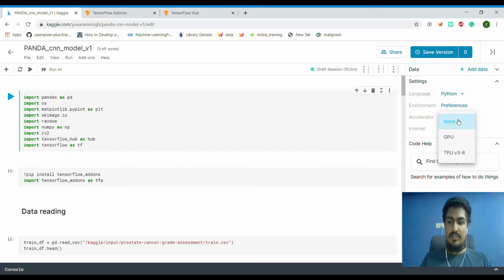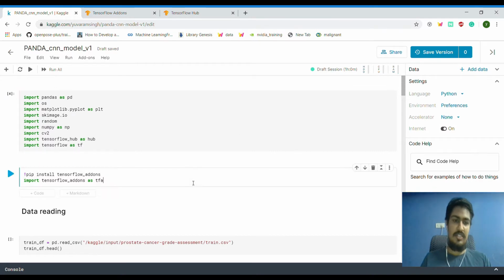And before going into that, because I'm just doing this for recording, I'm just keeping the accelerator as none. So we have GPU and TPU options. So this code works well with GPU. When you want to train this model, you have to select this GPU and then you have to run this one to get the benefits of GPU. And then if you want to train it for a longer time, you have to actually save. So I will talk about all the things later. I'm just letting you know. So right now I'm running it on CPU. Nothing is happening in the GPU side.